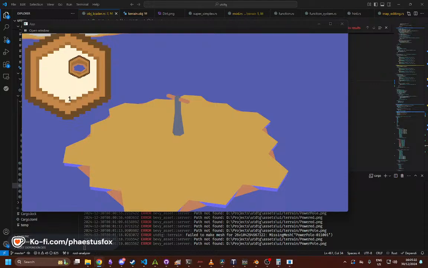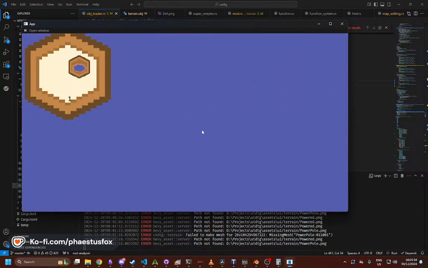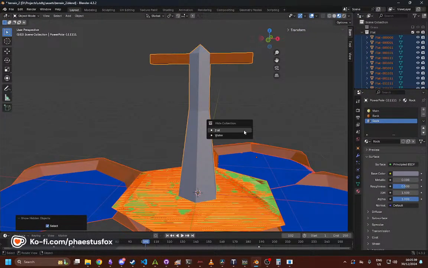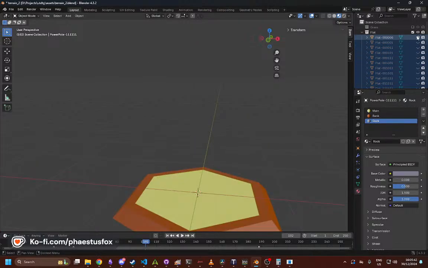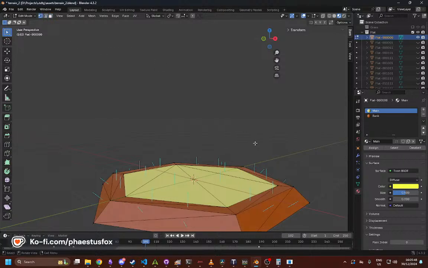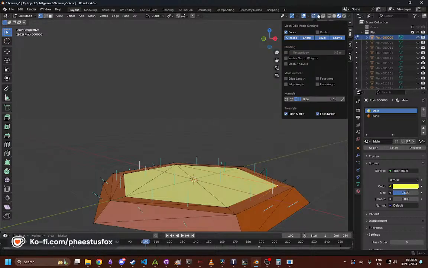So yeah, I've done it before, where basically you can recalculate the normals to be the tangent of the face, which makes them work without needing to specify individual vertexes, because of the way I believe Bevy works with its normals. If we go over to Blender, you can see, hide everything and unhide like this. At the moment in Blender, these all have their vertexes shared. When I export them, the different colors get split into materials, which means that this vertex gets doubled because it's both brown and yellow. But there is actually a normal, if I turn on this corner,